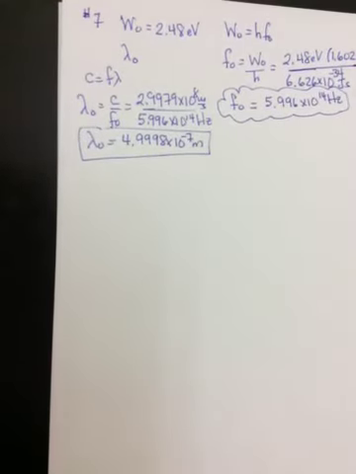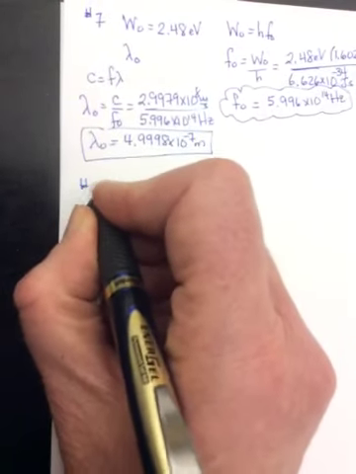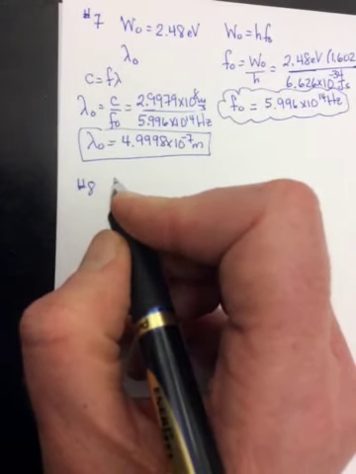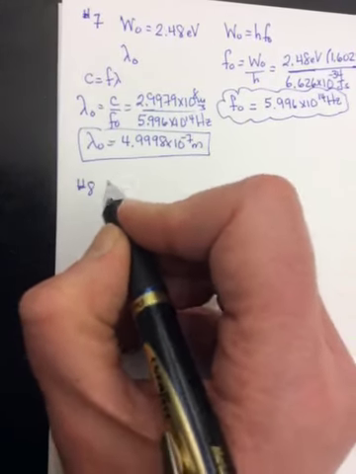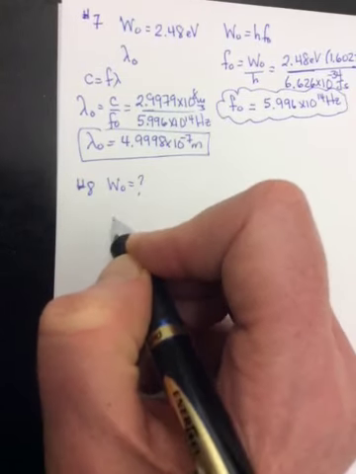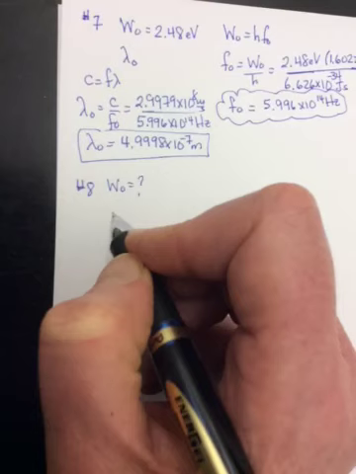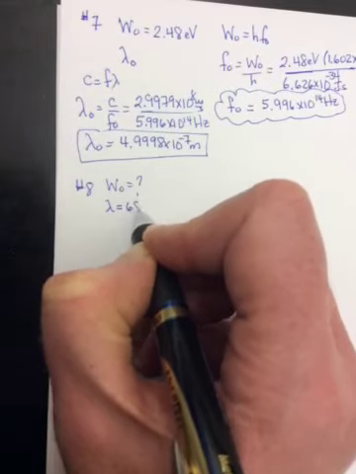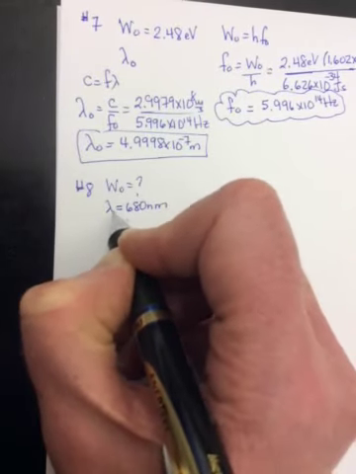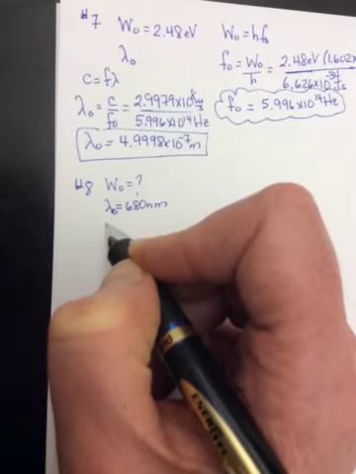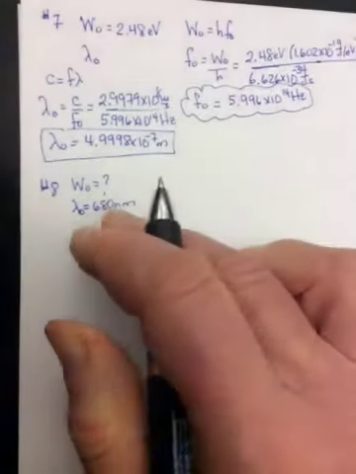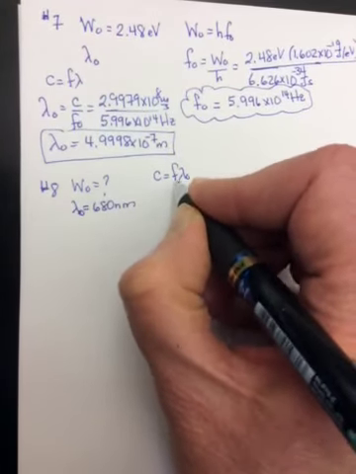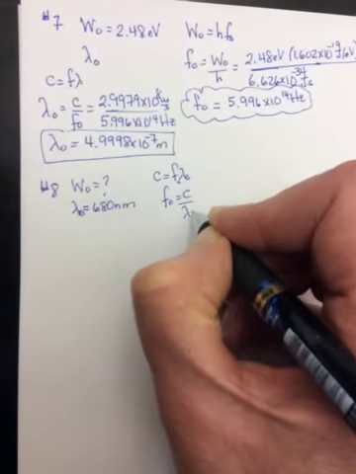Okay, number 8 says, a photocell is used by a photographer to measure the light falling on the subject to be photographed. What should be the work function of the cathode if the photocell is to be sensitive to red light, whose wavelength is 680 nanometers? So you're looking for the WO, and it's giving you the lambda O. So the first step is to find FO. So FO is equal to C over lambda O,